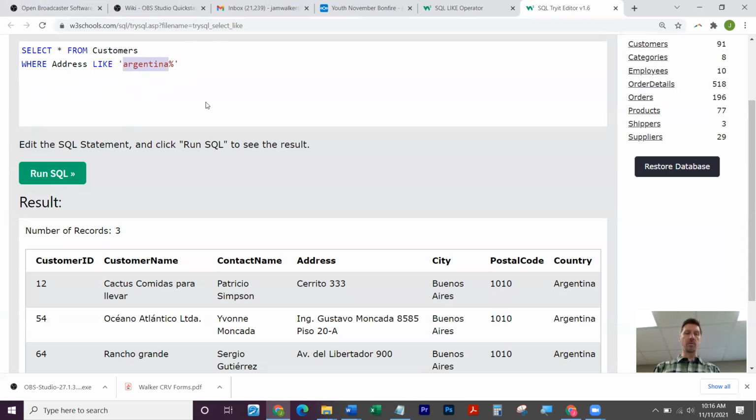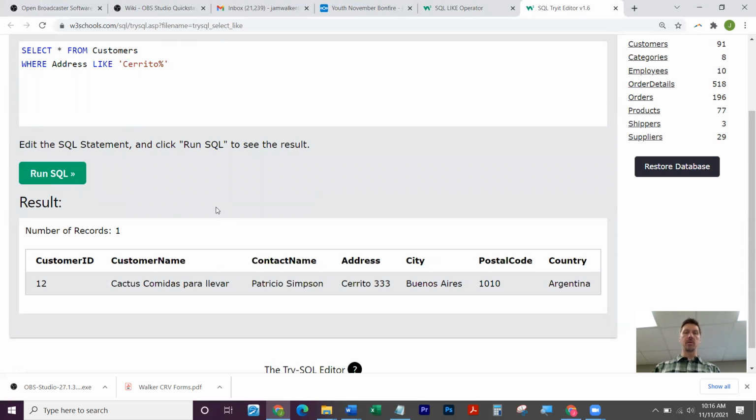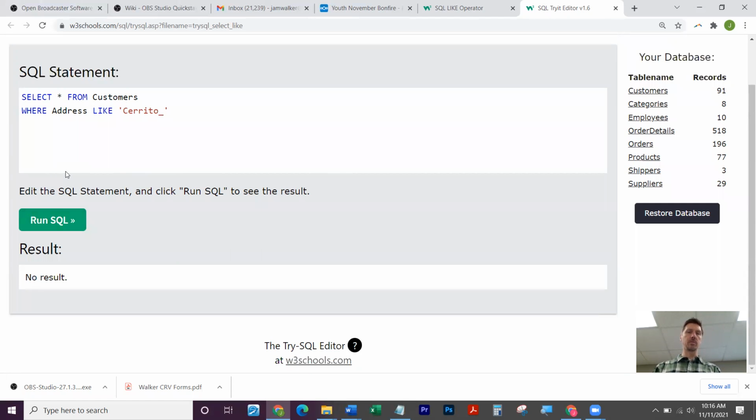If I search for Cerrito, I want to make sure this is right. This is actually going to work. It does return that because it can be any characters afterwards. Any characters, but can it be this? Will this work? That will not. So the underscore has to match a character other than space, right? Whereas percent,